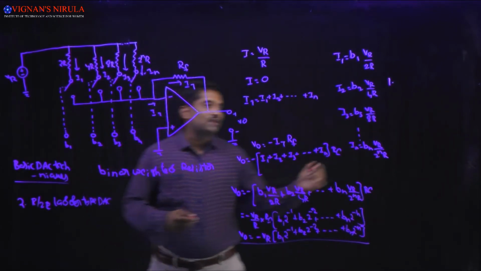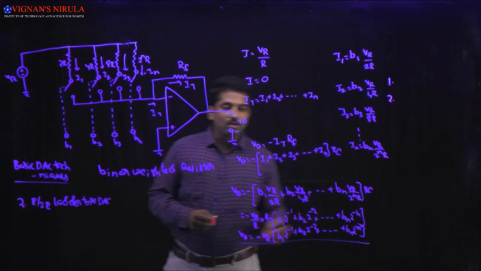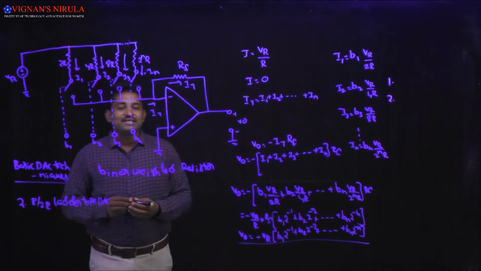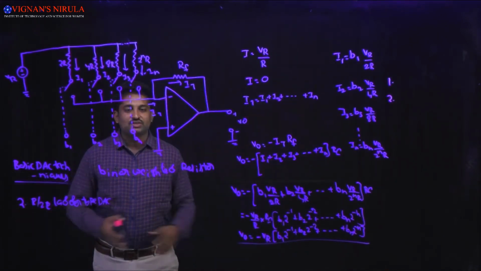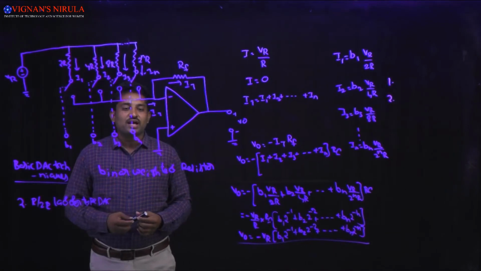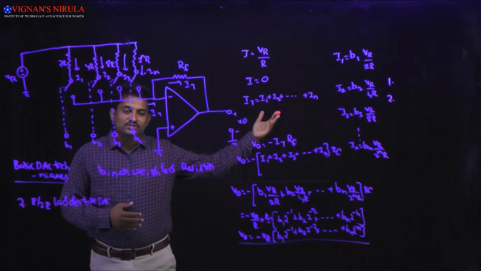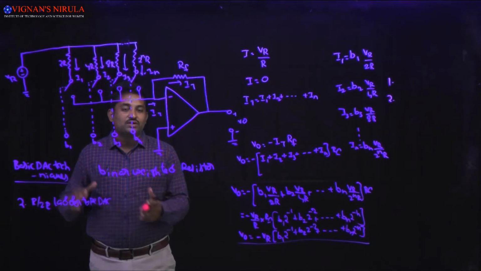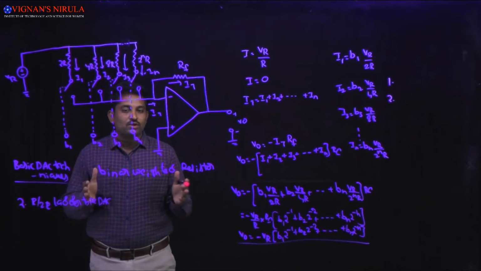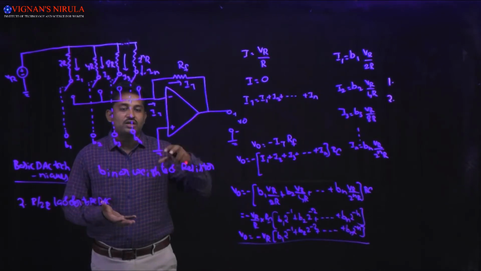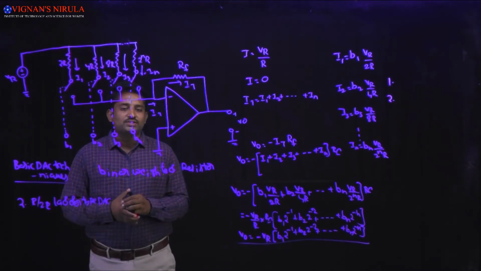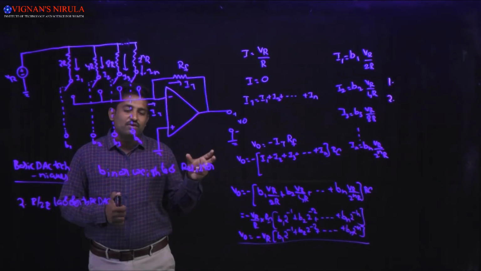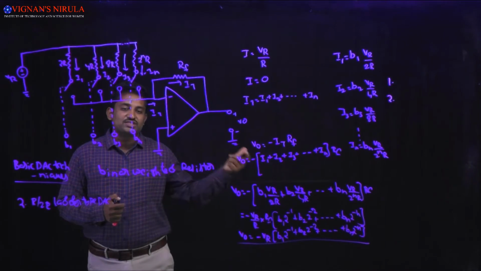And the second one is, because of this wide range of resistors, there is a limit for the larger value of the resistor as well as the smaller value of the resistors, and it is impracticable to fabricate the large value of the resistor on IC, and the voltage drop across the large value of the resistor because of the bias current